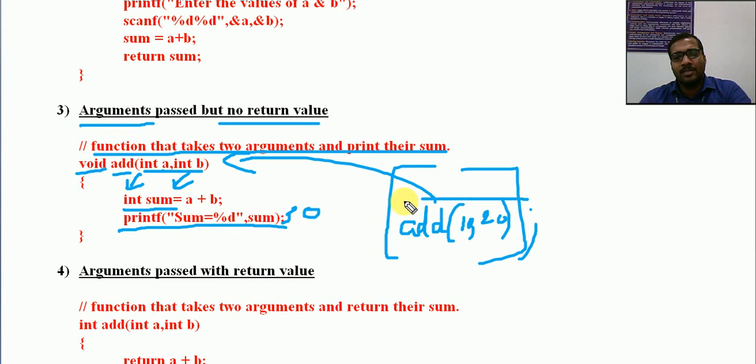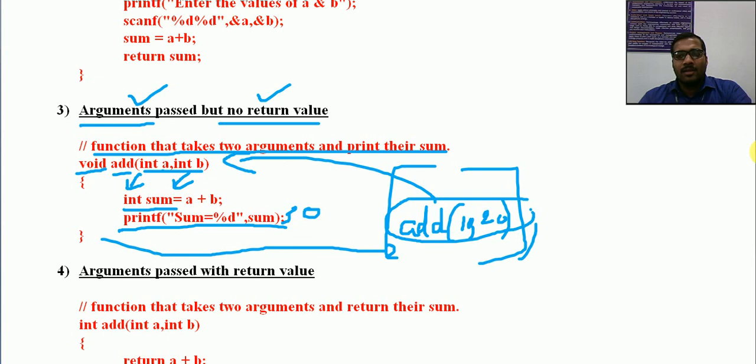That's all. This place will be replaced with this code. This code will be executed at this particular location. Then the control will come back after the add statement. So here is the exact replacement of the definition of that function. Now return means it will be processing something, and it is required only if nothing is to be printed, just do the calculation and return. Only that return value will be given back to the caller. So this is an example where we have arguments passed, but there is no return value.